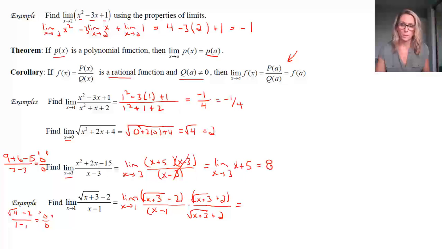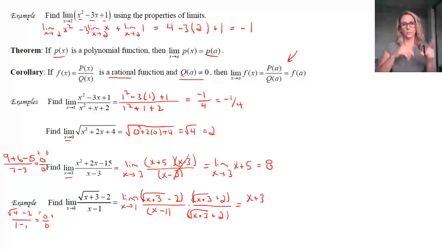The reason that we do this is because we are trying to see if we can take away that square root and see if something happens, and something will happen. Notice that the two binomials that I'm multiplying in my numerators are the difference of squares. What that means is, and you can do this out if you want on the side somewhere, but what you should see is you're taking the square root of x plus 3 and multiplying it by the square root of x plus 3. And because those two things are the same, you're squaring something that is a square root, and that's going to give you x plus 3.